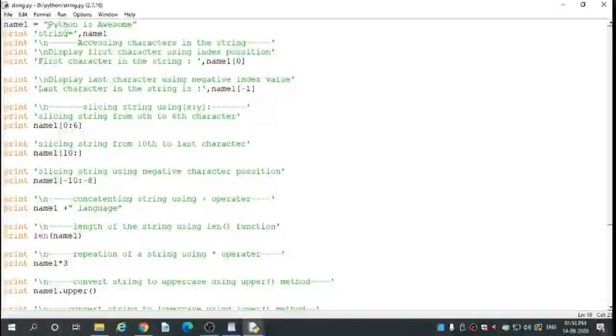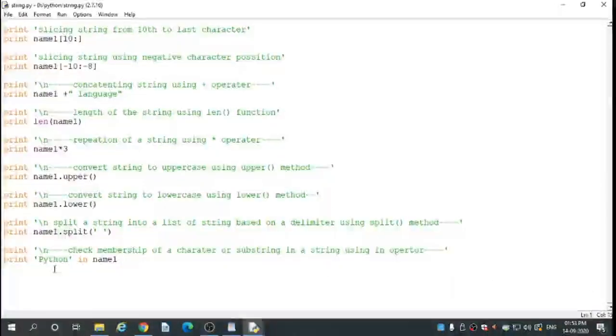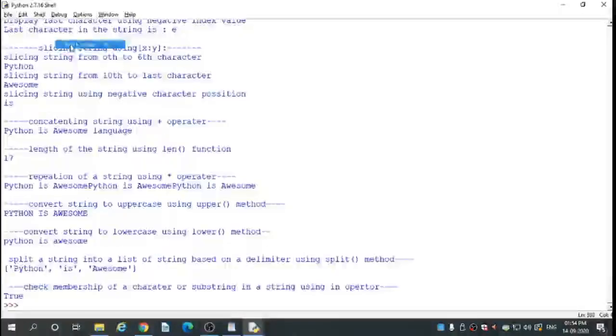So here Python is there, so it is true. If I give one wrong character, I give the string in capital letter, I run this code, it is false.